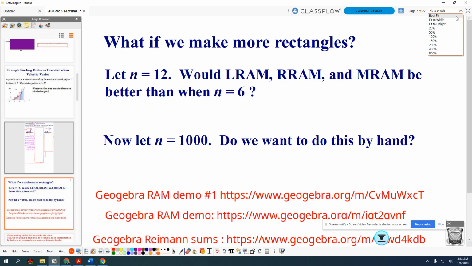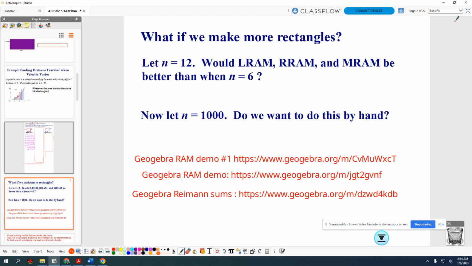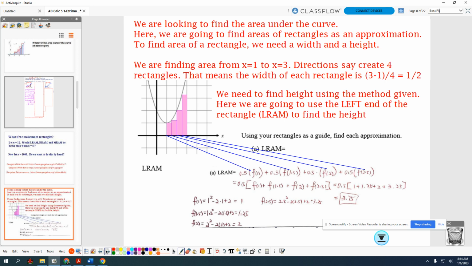In the packet that you got yesterday, on the first page, here is what we were doing. Looking to find area under the curve, we need to use an approximation. Areas of rectangles seem easy enough. We need the width and the height. And this problem said